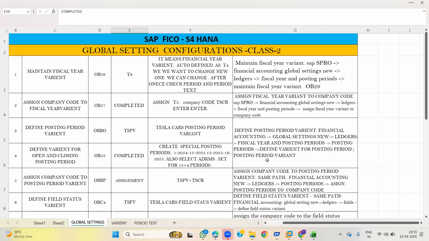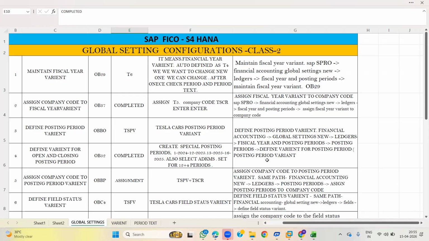Global parameter settings: whatever we have configured above, company code, assign company to company code, and business area maintenance, here we can see at the OBY6 T code.